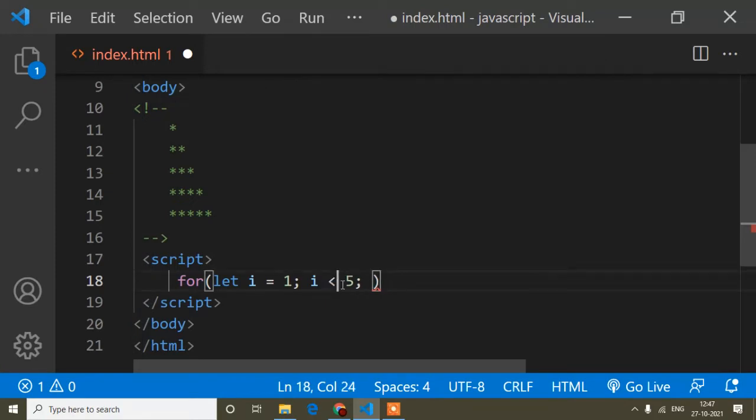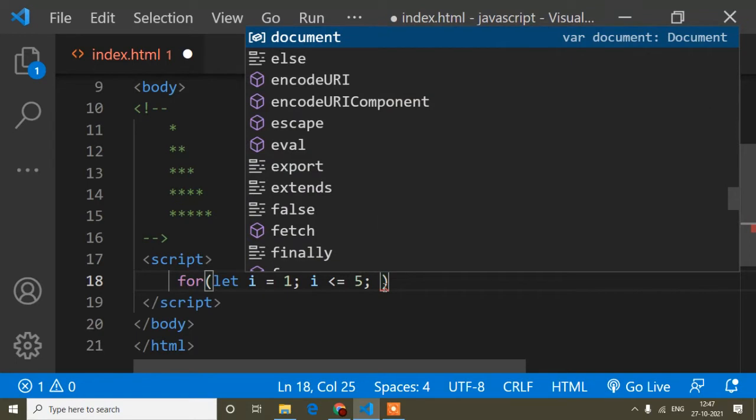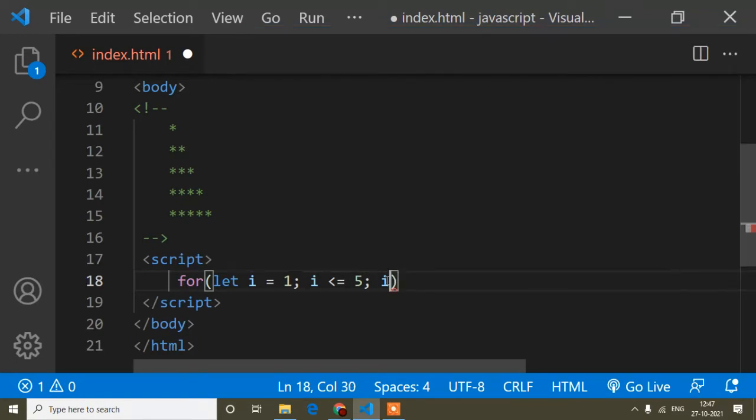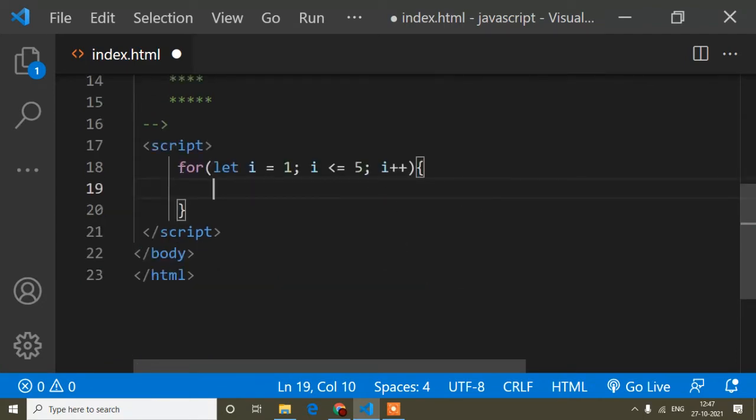If I wrote only less than, it would increase only up to 4, because less than 5 means a number less than 5, that is 4. But I need up to 5, so less than equals to 5, and now the increment, that is i plus plus. It's clear. And now you can see this is the syntax of the for loop, created.